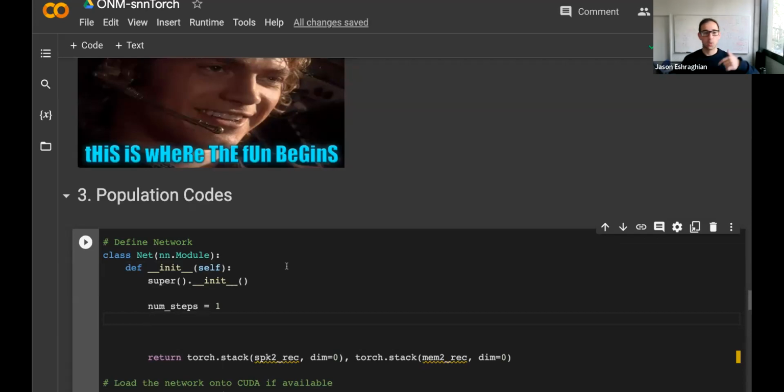Previously, we were training based on spike count. Now, if we didn't use population codes, then we'd have 10 output neurons and they would have 1 step to fire or not fire. That's really difficult to train. So what I propose that we do, no, I'm not proposing to do it.